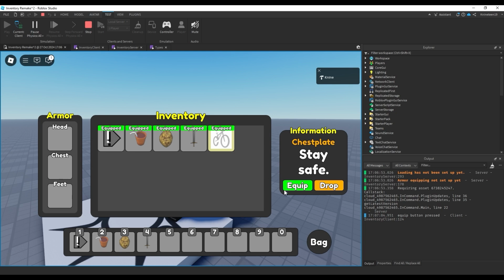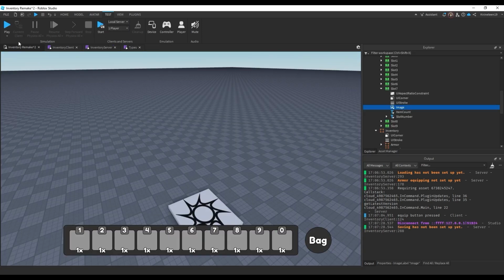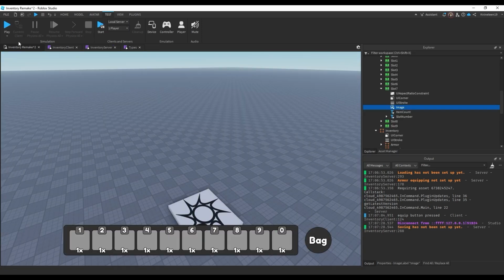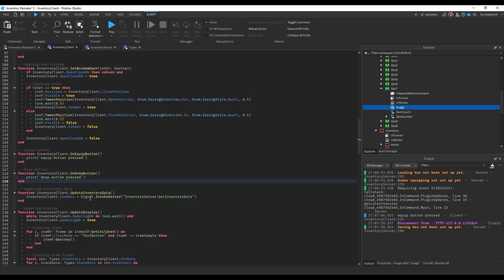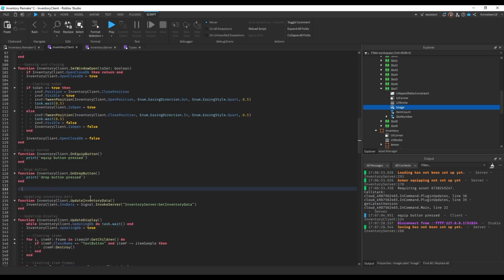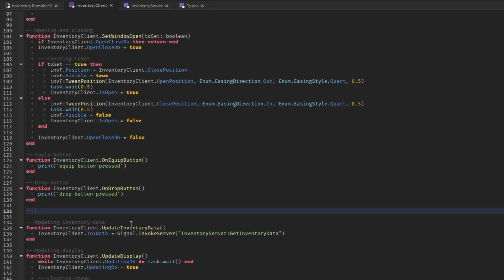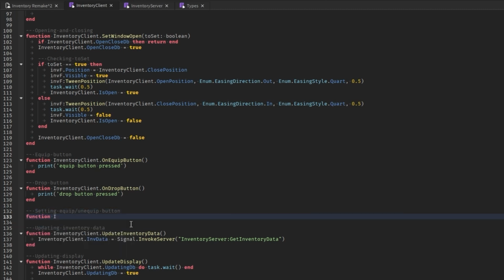And so we're going to add a function so that whenever you select an item, we update this button to display the correct thing based on whether or not that item is already equipped to the hotbar, or if it's an armor item, to the armor slots. We're going to do it right under this onDrop button function. We're going to do setting equip button, setting equip unequip button. So function inventory client set equip button,